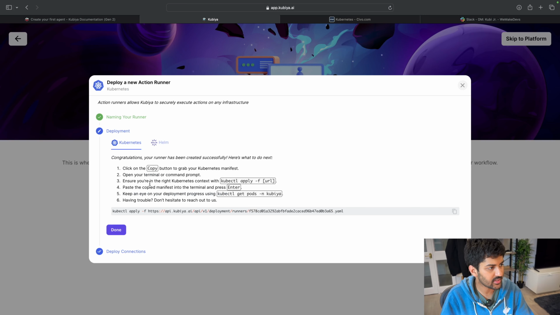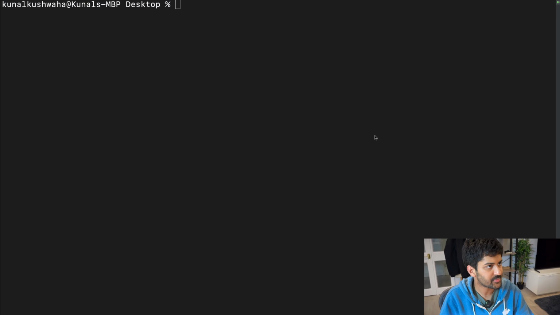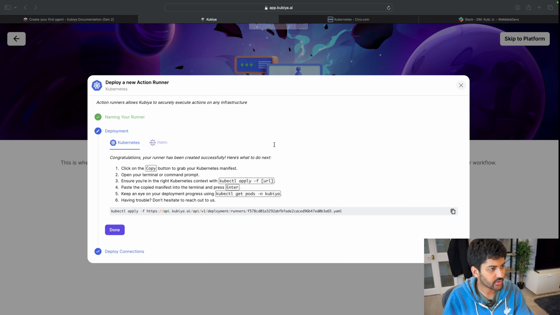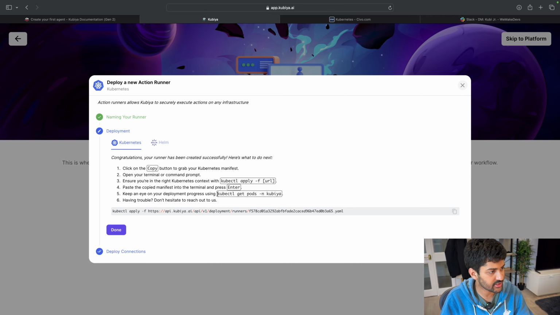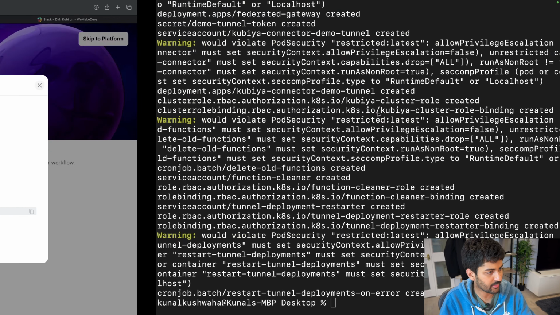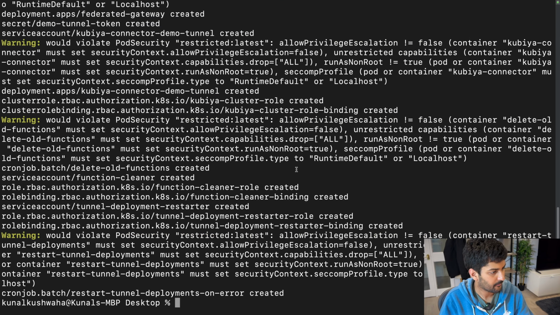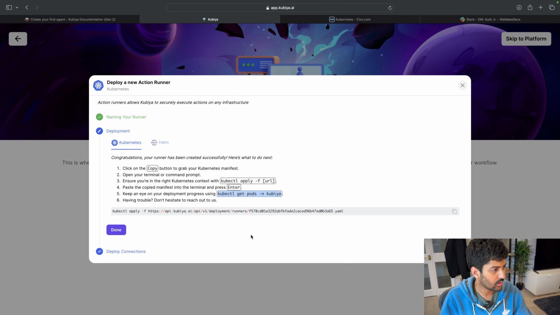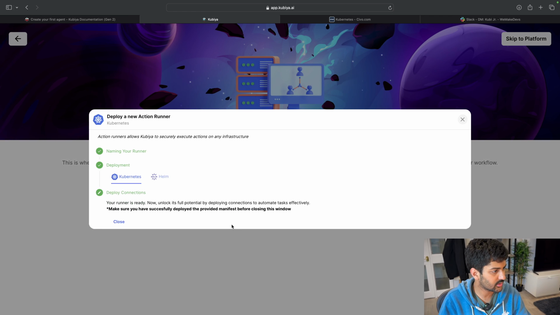I'm just going to copy this kubectl command, paste it. All good creating, and then I can just keep an eye on my deployment as well. Running. Looks good. Cool. And that looks good. Done.